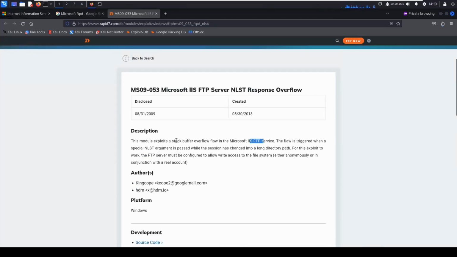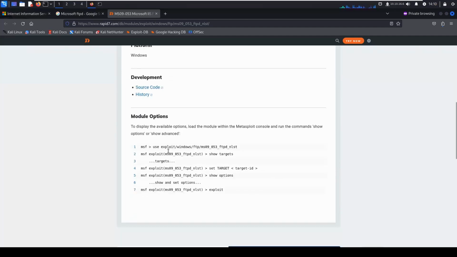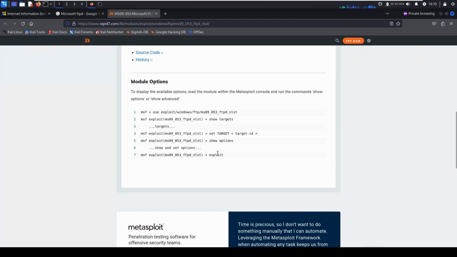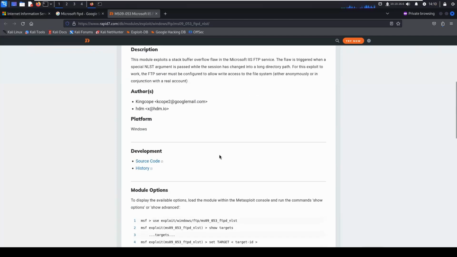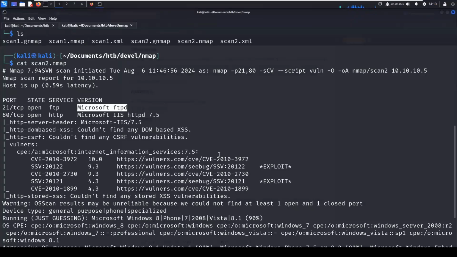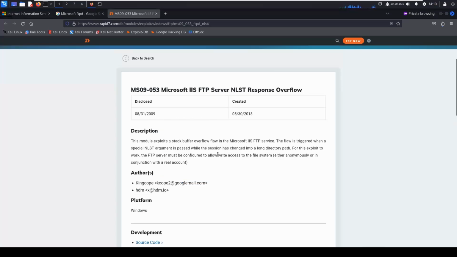Okay, but I can see that this issue was disclosed in the year 2009, and this box was released way after this issue disclosure. I don't think that this vulnerability would be present in this box, but this is worth a try. Okay, let's try to fire this exploit. At this point, we do not have any further information to assure us whether the target service is vulnerable to this or not. We do not have any specific versions mentioned in our port scan or in this specific exploit. Okay. So the only reasonable thing that we can do at this point is try to run this